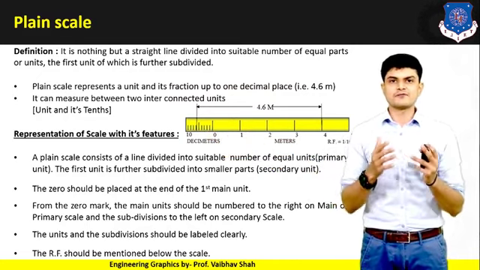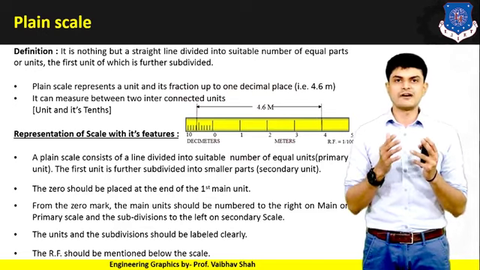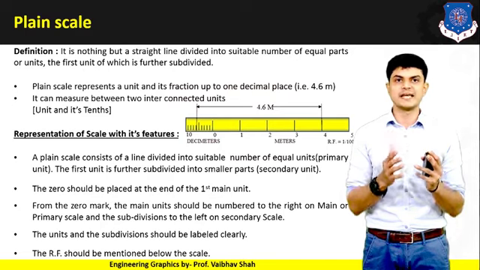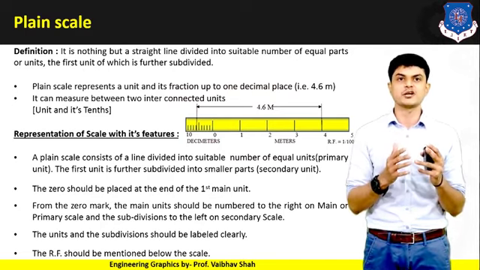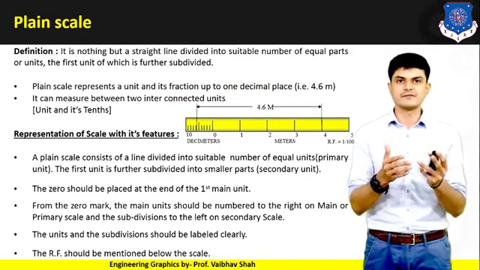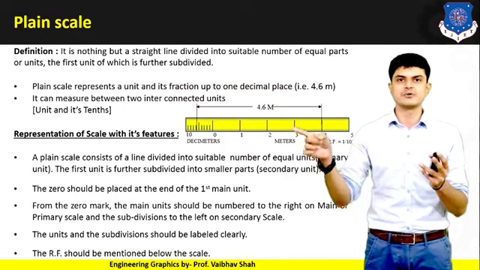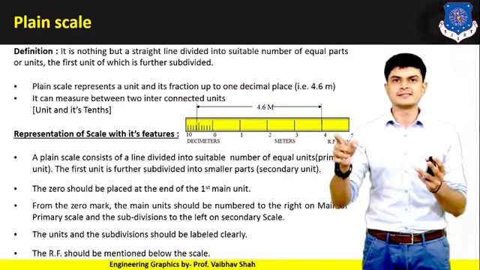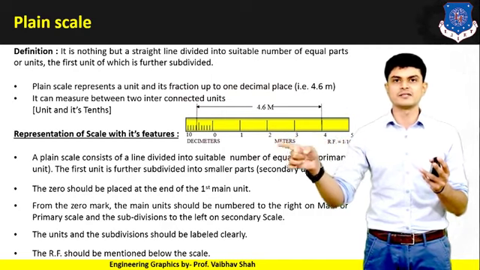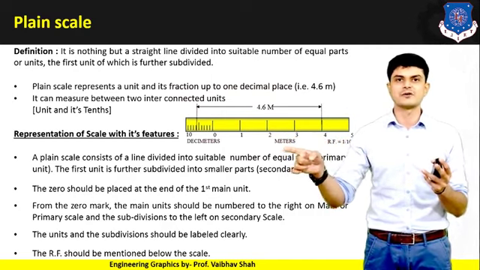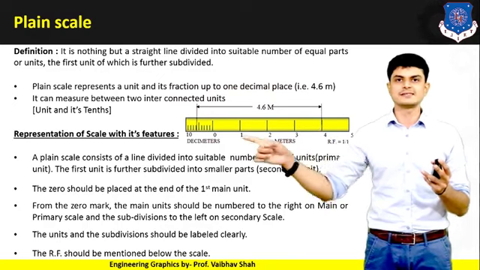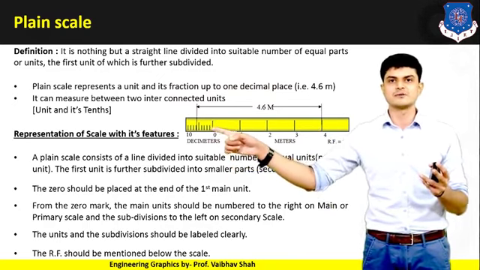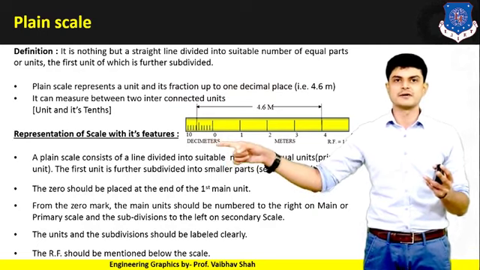So now after that, what we need to do? After drawing this line into a certain number of divisions, we'll specify the units. Which unit is specified on which scale? For that we have specified meters here, down here. We need to find out the center between 0 and 5, and the center is 2.5. So we have written these meters almost at the center of your scale. Secondly, for the secondary scale of decimeters, we need to write down decimeter just below the scale. So we have written decimeter here.